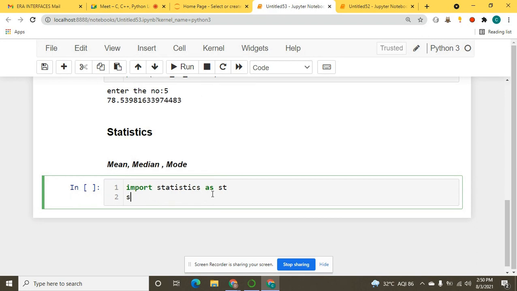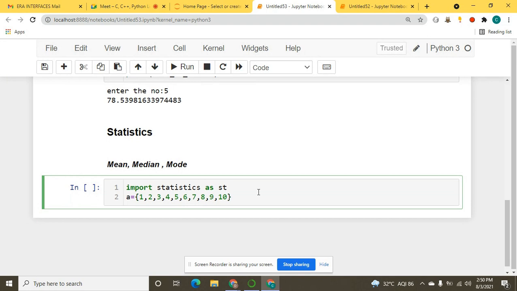Okay, but before that, what do I need? Data. Where is it? I have not taken it here. Okay, so let me take the data. I said a equals. Now I will pass some values: 1, 2, 3, 4, 5, 6, 7, 8, 9, 10.